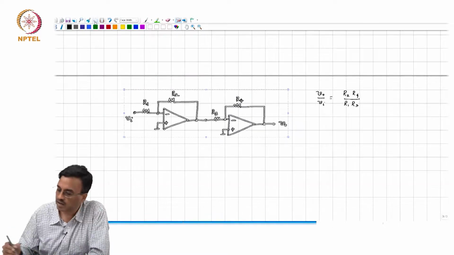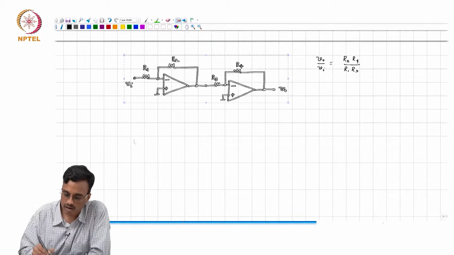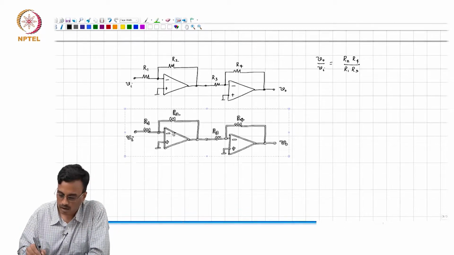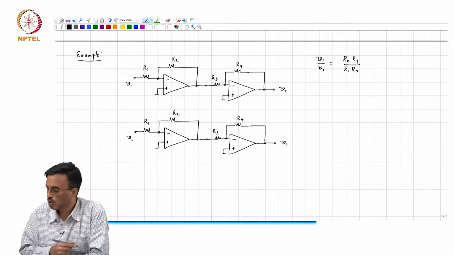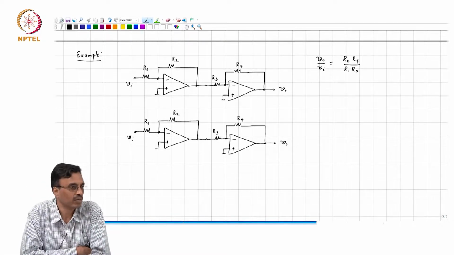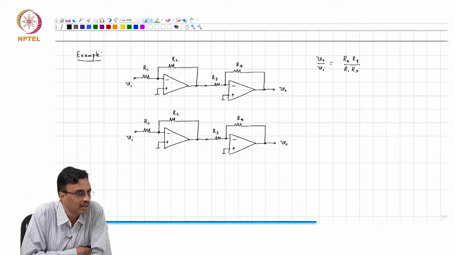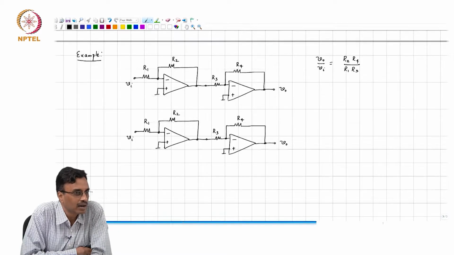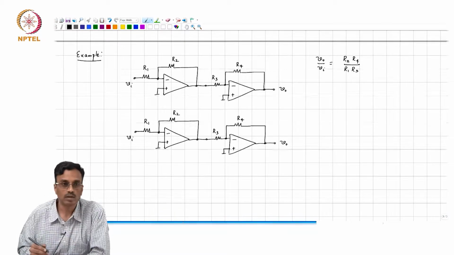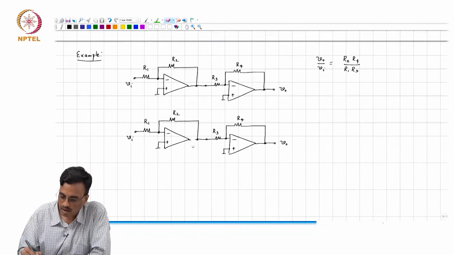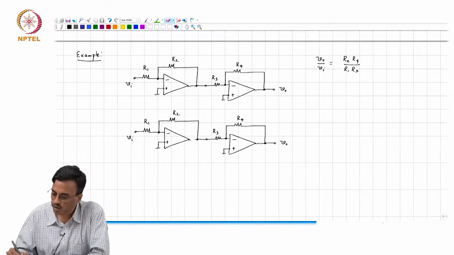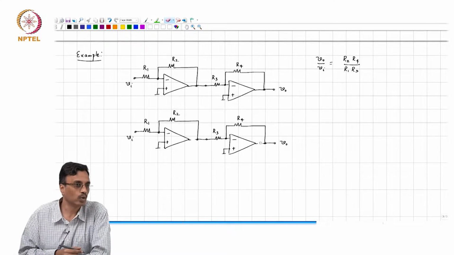Now, what I am going to do, what did we discuss just before this? What did we say? If the op amps are ideal and there is negative feedback around the op amps, evidently there is. So, what can you do? You can cut this off here, you can cut this off there and do what?